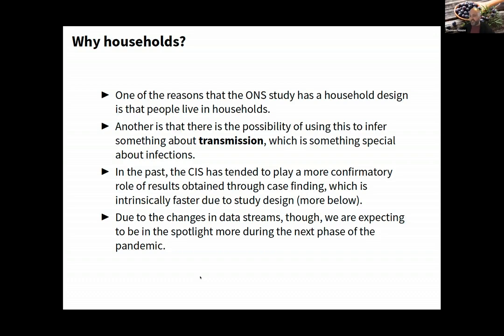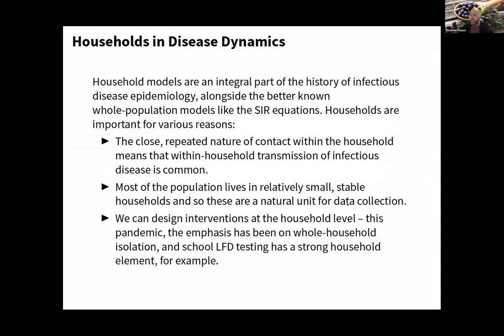Now, case finding tends to be faster, okay? Because case finding, like in test and trace, is a measure of incidence. So in the past, the ONS studies tended to play this more confirmatory role, in that they don't suffer from the sampling biases of test and trace. And actually those sampling biases can be quite considerable, as we've seen. So this wasn't a trivial thing, but even getting a crude estimate, generally speaking, test and trace would be in the right ballpark. But as test and trace capacity is wound down, it's going to be more important to look at these data for the first attempt at an estimate.